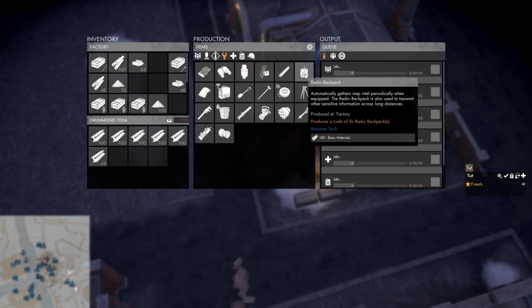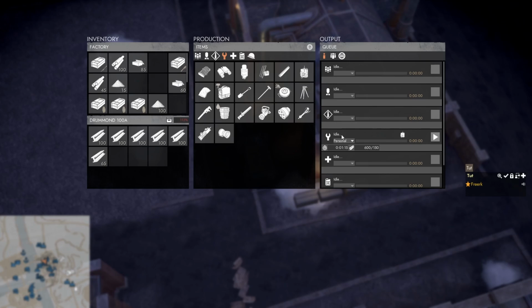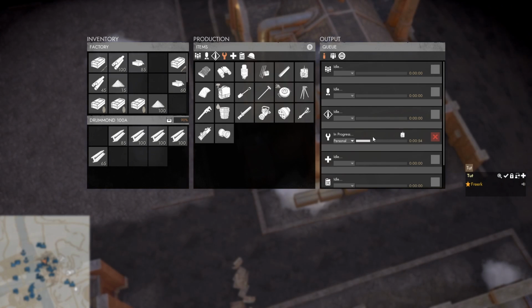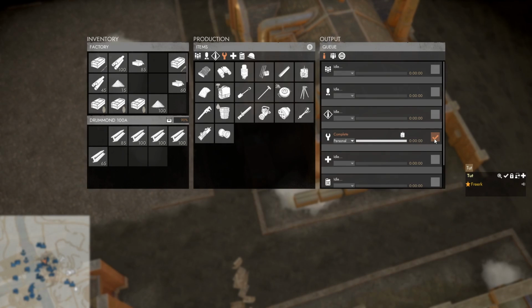We make sure that we have the basic materials available. We then click on the radio backpack icon. That will put it in the production queue for the tools. To start the order, we simply click the play button, and we can see that it will cost us a little over 1 minute to produce 1 crate. When the crate of radio backpacks is produced, the red cross icon will change to a green check mark. If we click that green check mark, it will put the crate of radio backpacks in our LUV in this